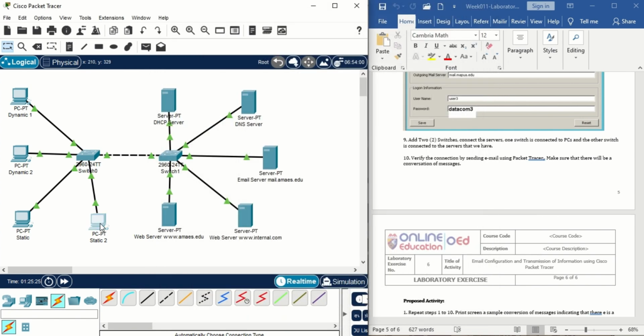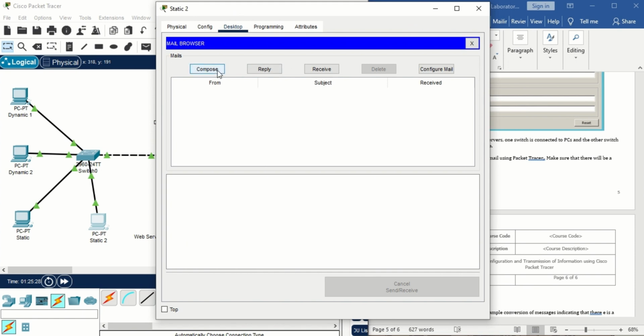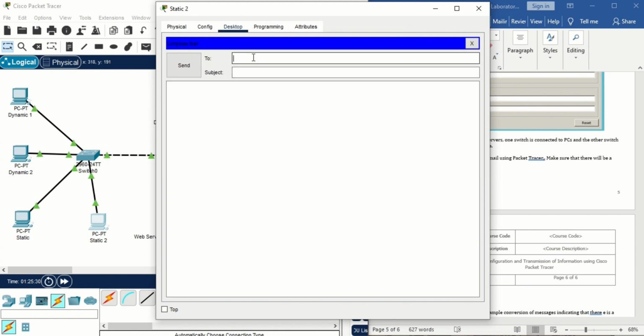And then let's see our composed mail. I will send it to user 2 at